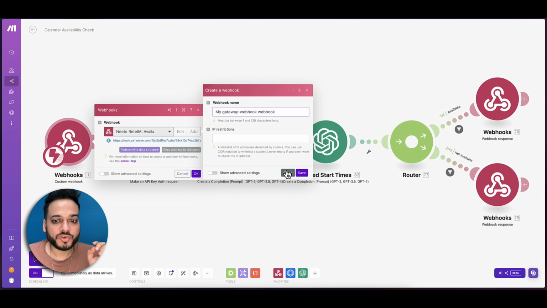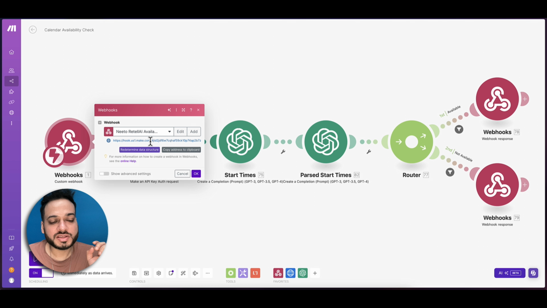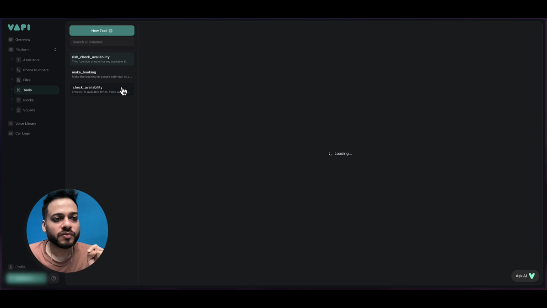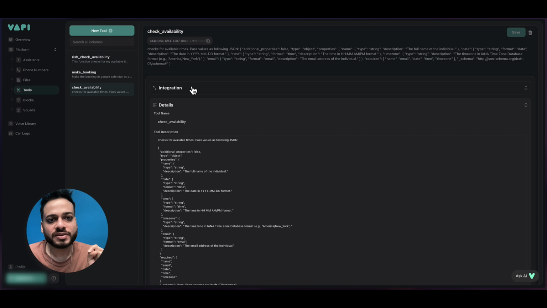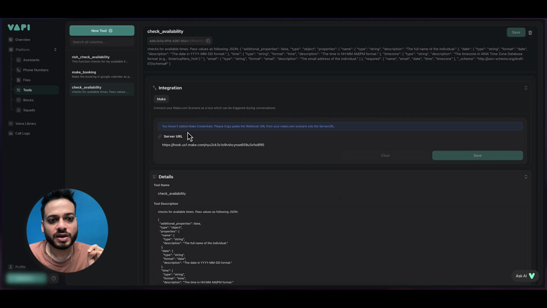Okay, so we close this and we have this webhook URL that we have to paste inside our Vapi tool for availability check automation. Okay, so we copy this and we go back to Vapi. We have to paste the check availability webhook inside this integration. So we click here and we paste our hook right here.